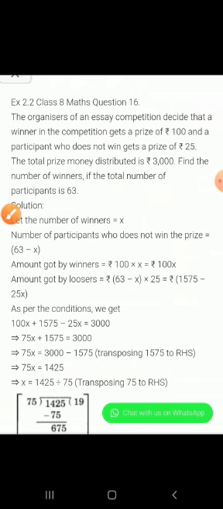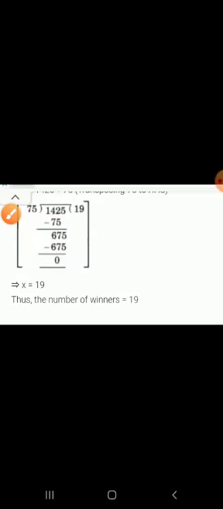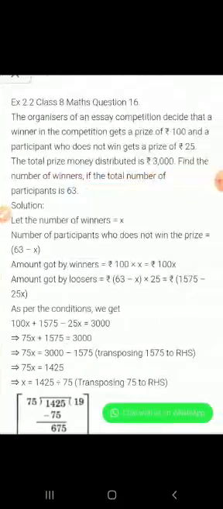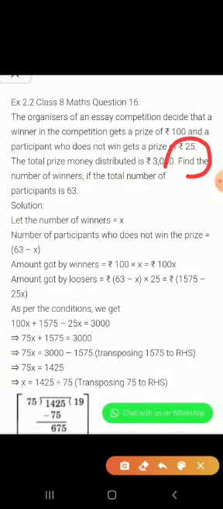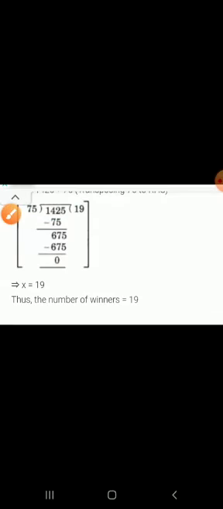Okay, 1425 we have to divide by 75. And see the division being shown to you. You can divide this way, or you can use the 5 table also to simplify, and the answer we are getting for x is 19. And in the question they are asking the number of winners only. Find the number of winners, this is being asked, and the number of winners we have assumed as x. So x value we have found, question getting over, x coming out as 19, that is the number of winners as 19. To solve this many questions after understanding in your CWs, keep learning, stay safe at home.